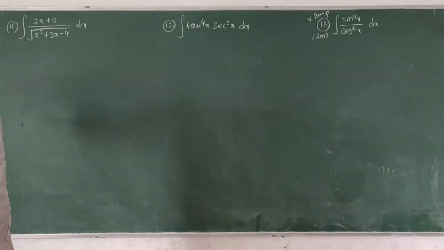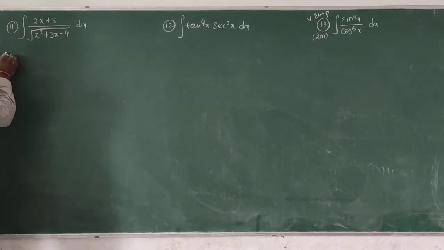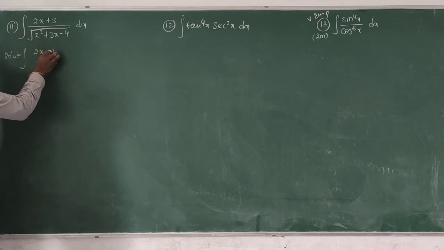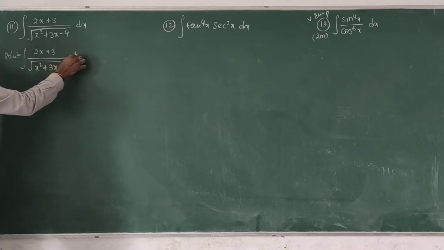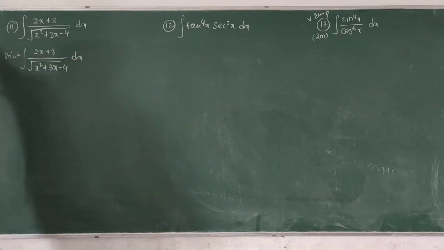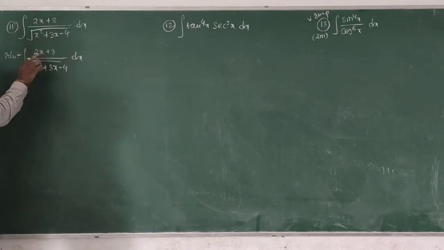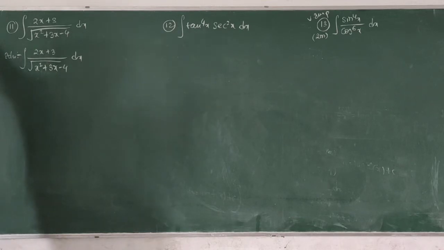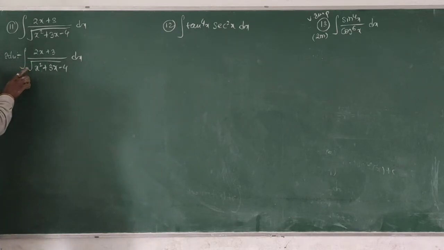Hey students, continuation. Next, the 11th problem in the integrations only. Right, integration of 2x plus 3 by square root of x square plus 3x minus 4 into dx. Just observe the difference between all the previous problems and this one. In all the previous problems, the denominator is just the function, not the root of the function. We just have normal functions, without square roots or any roots, but in this one